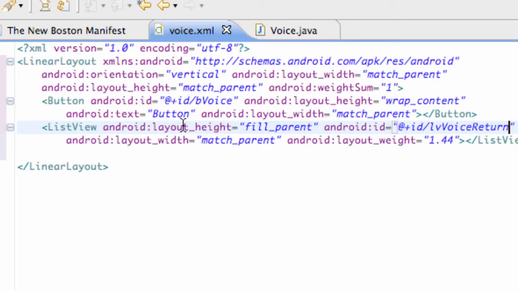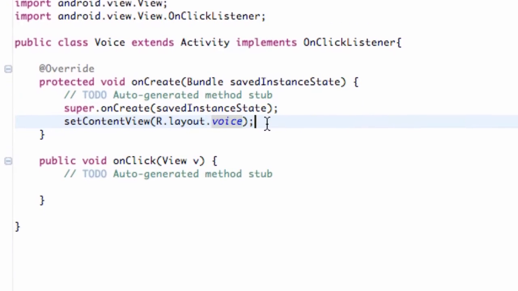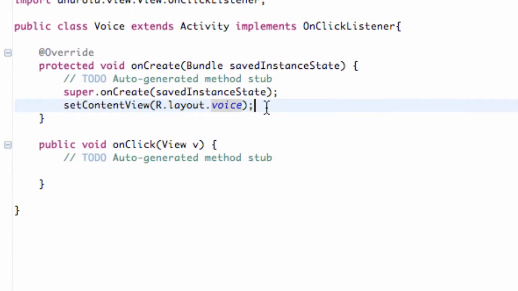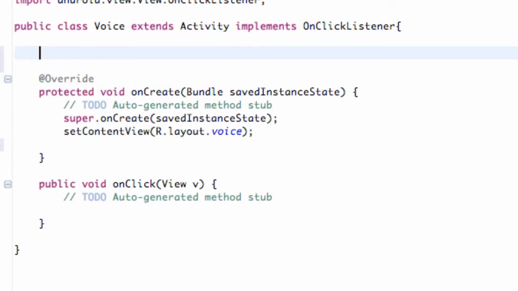So again, nothing new for the most part. When we started, if you guys remember, we did a list view and you guys were probably pretty confused at that time, but hopefully this time when we go through this list view it'll be a little bit easier, a little bit simpler as well. So what we're going to do is set up a list view that our whole class can use. So we're just going to say ListView